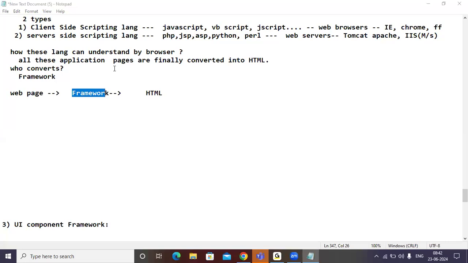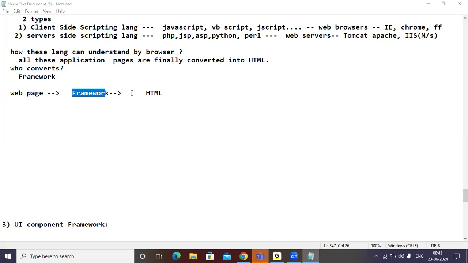Pratika, Alok, Rajesh, do all of you understand the question clearly? Pratika? Yes, sir. Instead of creating the web page by using PHP or JSP, why can't we develop the web page by using HTML, so that we don't need to convert the page into HTML, we don't need to use a framework, unnecessary headache, extra burden? Yes or no?